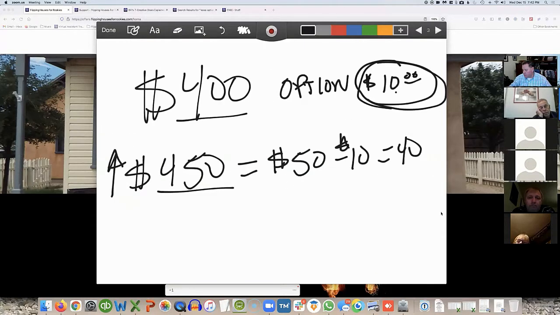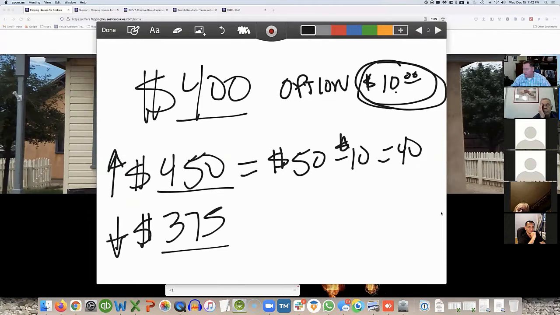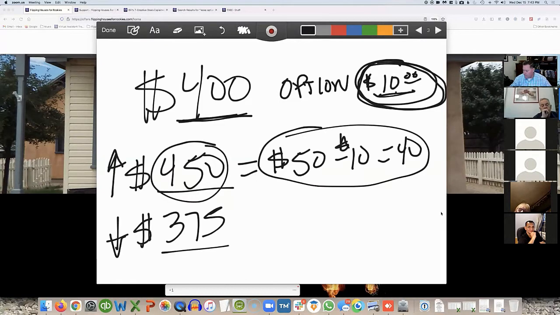If this stock goes down to say $375, you don't have to buy the share for $375. You just lose your $10. So the only thing you're risking here is the $10. So if you bought an option for $400 and tomorrow the price went up to $450, you make $40. If you bought the rights to this option for $10 and it went down to $375, you don't have to buy that option. You just lose your right to sell for $10. Or you wait till the next day and hope it goes back up again.